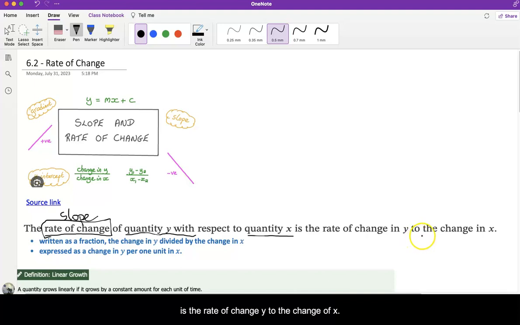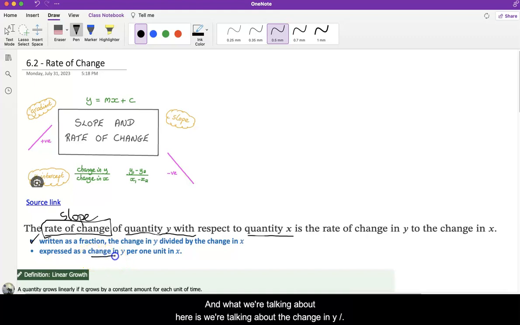It is the rate of change of y to the change of x. That slope is denoted as a fraction. What we're talking about here is the change in y